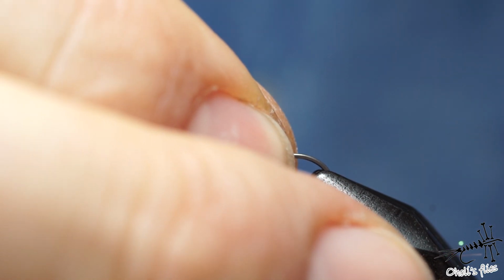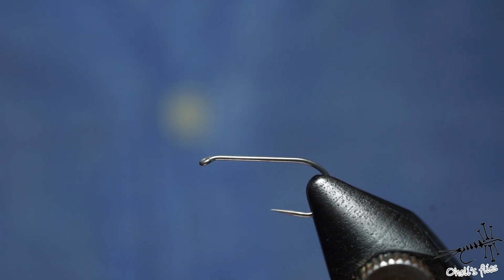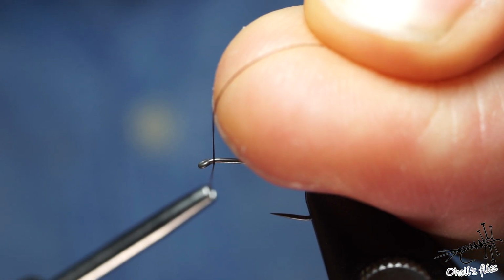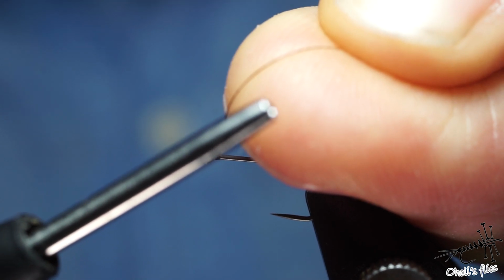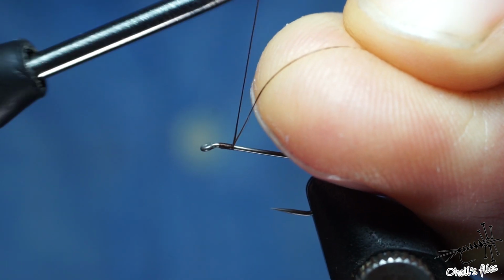So I'll of course start with placing the hook in the vise, and the reason why I'm using the dry fly hook for a nymph is that I want to fish this nymph for the fish I can see, so it's sight nymphing, and it's shallow, so I cannot use anything heavy. I need to make sure that my nymph is sinking slowly, and the lighter the fly, the more natural it will behave. So I'll start by placing my thread just about a head away from the hook eye,